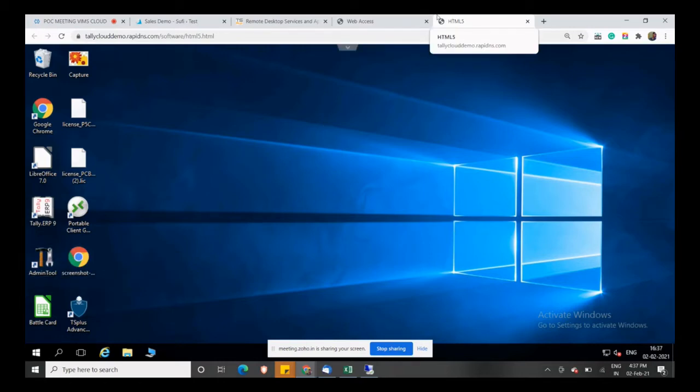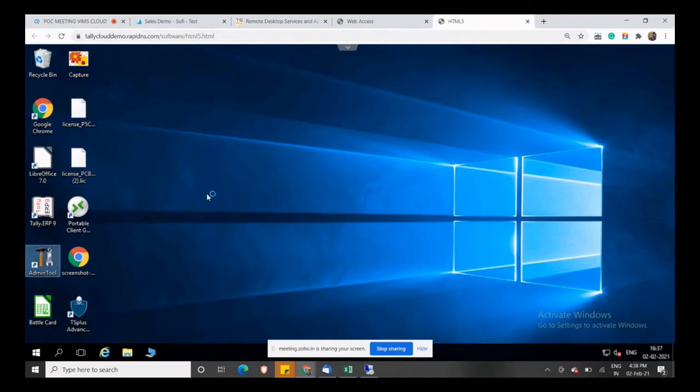You can also access the same via RDP. But via RDP, there are chances that a ransomware attack might come on the server. That is the reason you can get access via this TS Plus option.